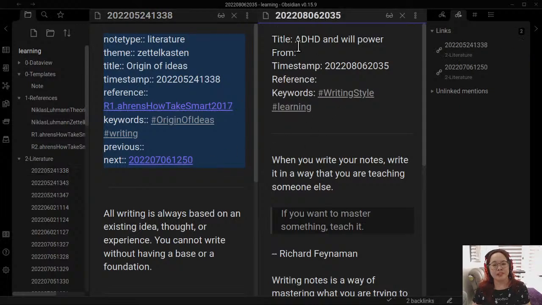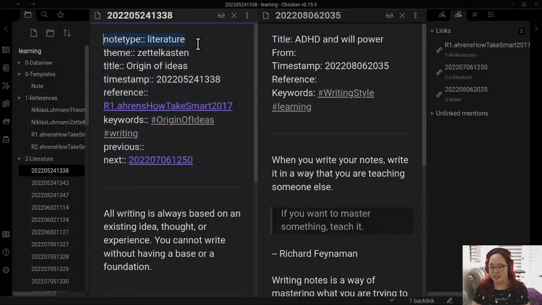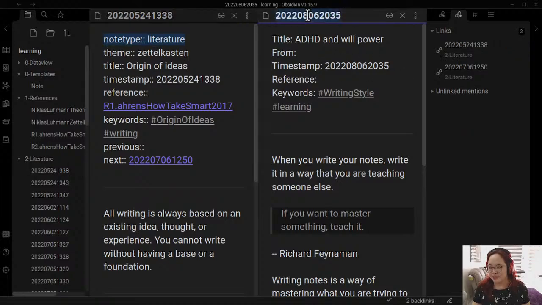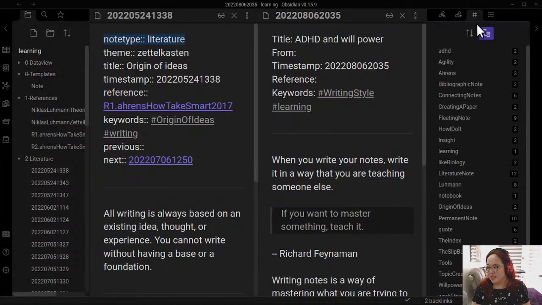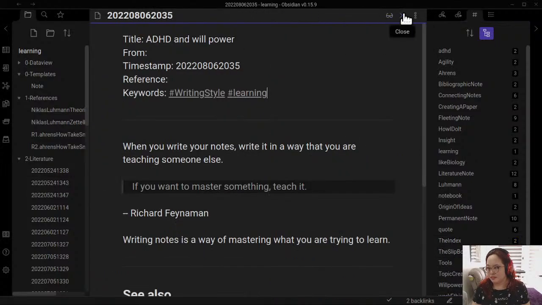But it doesn't matter because I have my timestamp, I have my ID, and I have my keywords. Okay. So like I said, it doesn't matter if you forget this, you forget reference or whatever else. Doesn't matter that I do not have this new field. But this is important. These two are important. And then later on, I can look at my tag pane and see what tags do I have here. Now,